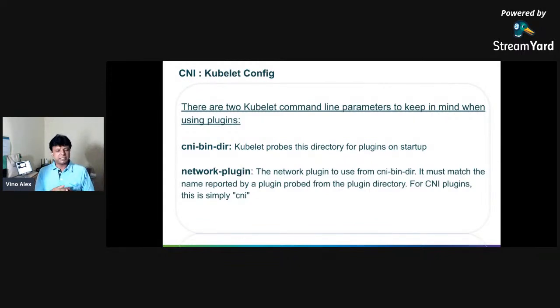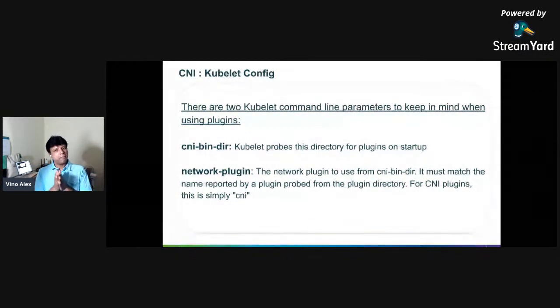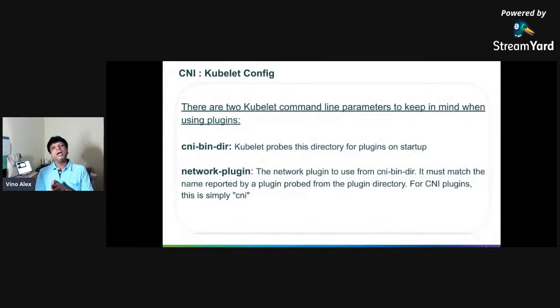Even if you are using kubeadm to deploy your Kubernetes, the CNI is something where you pick some YAML files and apply them, and your CNI comes up, right? So you might miss this kind of configuration, but in a meaningful production environment, sometimes we need to deal with these parameters also. That's why I just noted it down over there.